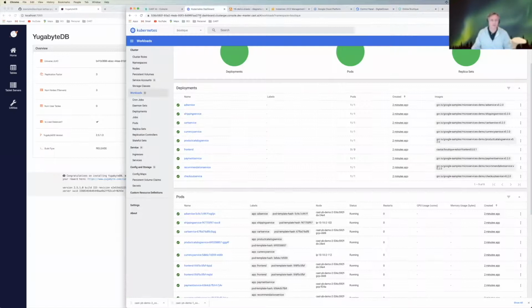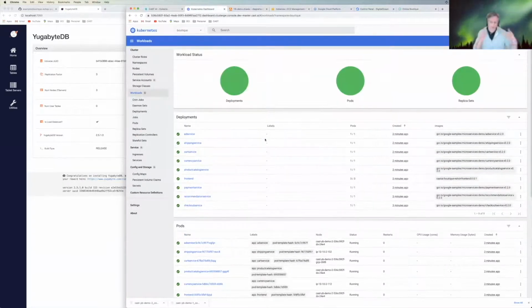So one of the key things we at Cast do, when we pair clouds together, is pair them together in what we call a Goldilocks region. And what that means is that latency should be no more than 10 milliseconds in the worst case from cloud to cloud. One of the interesting things here is that if we go to all namespaces, we'll open up